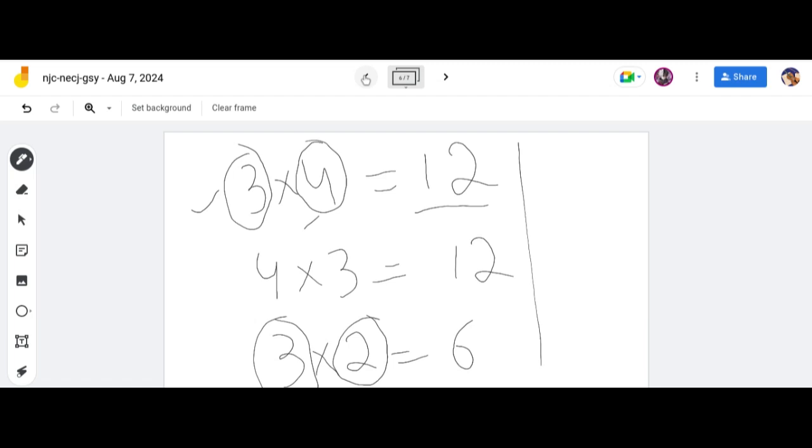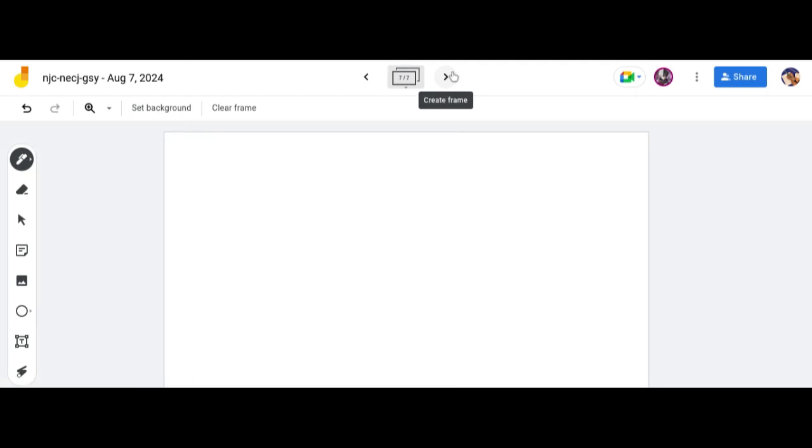Okay, so we have the two numbers A and B. After multiplying these two numbers, I got the answer 12. 3 fours are 12. So I just have to find numbers that are exact factors of the answer. If I multiply 3 into 4, the answer is 12. If I multiply 4 into 3, the answer is 12. Okay? So how about we do 6 sevens, 2 sevens are 14? Very good.